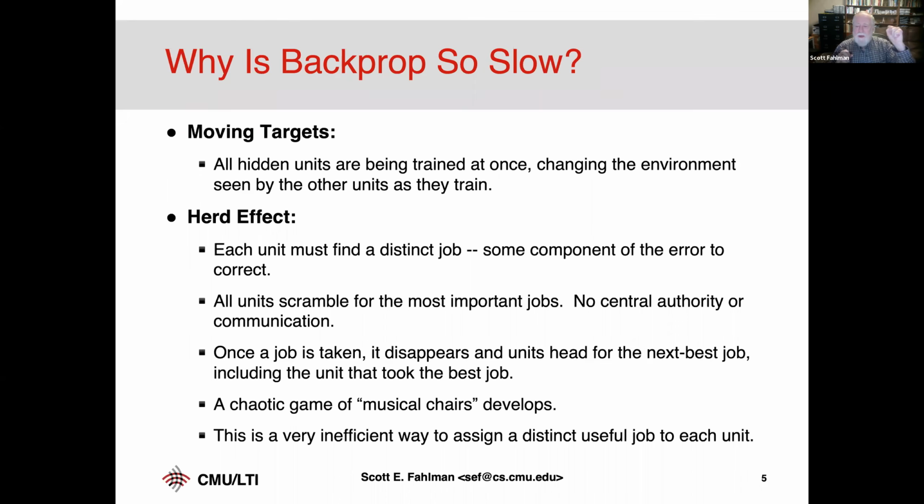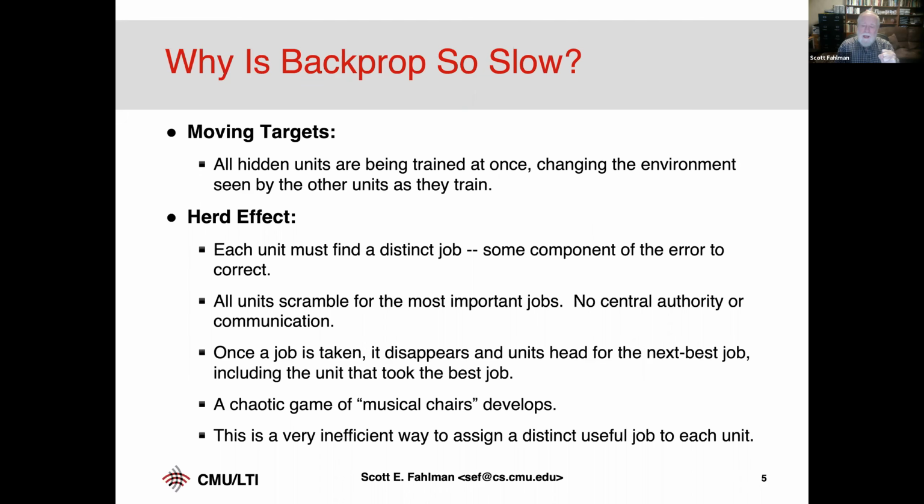There's some big components that they all see, and they all go try to do that job. Oh, there's the big part of the error. I'm going to go over there. And so they all converge toward the part of the space that will allow them to solve this part of the problem. Somebody gets there first, and then that component of the error goes away. You're solving that. But all the other units say, hey, I was coming over here to do a job, and now the job just disappeared. That error component is no longer around. Now what am I going to do? Oh, there's the second biggest component. I'm going to go over there.